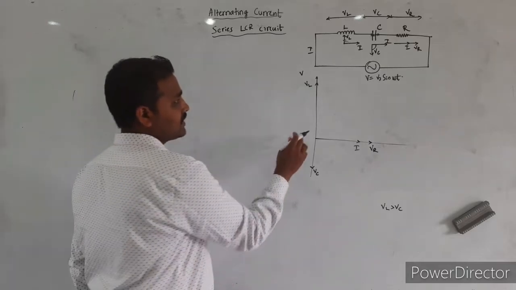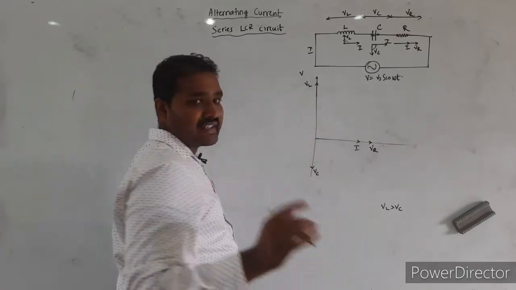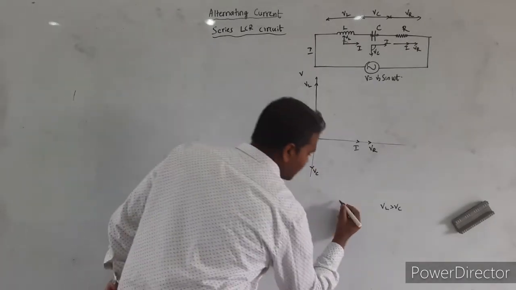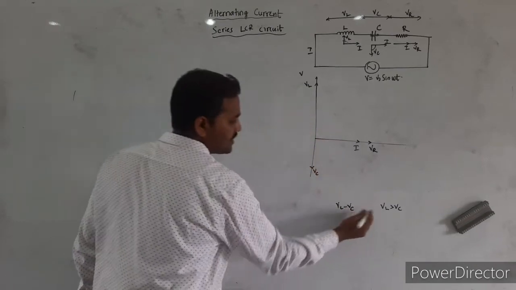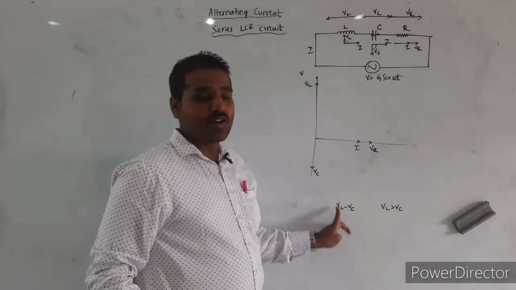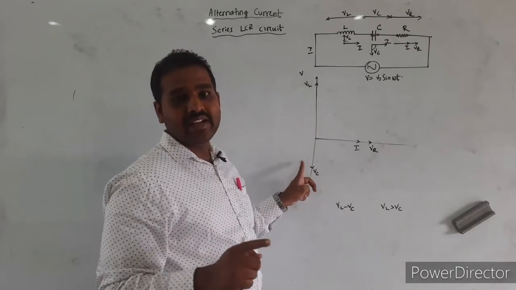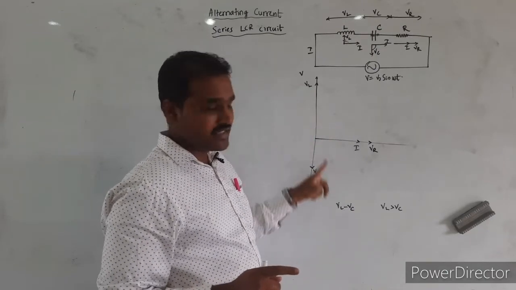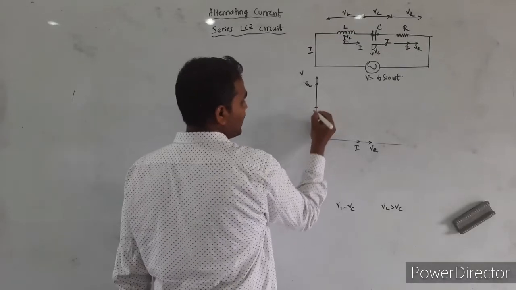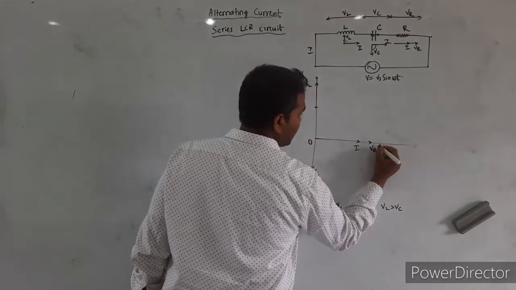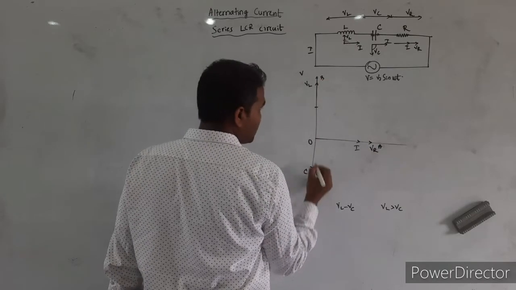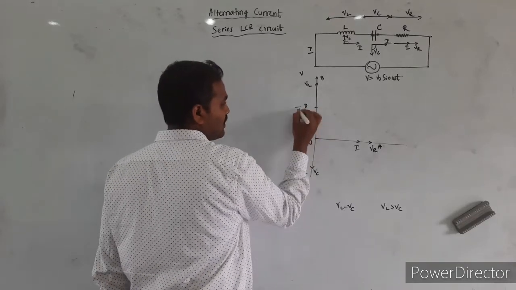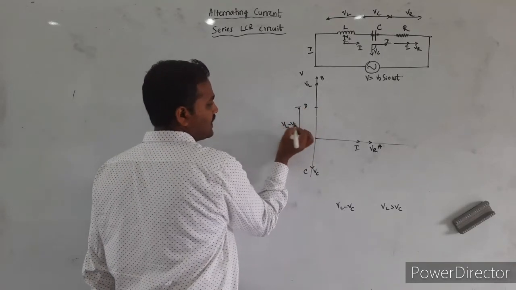Then let us consider this VL and VC, both are vectors acting in opposite directions. So I can consider the net value of these voltages, that is nothing but VL minus VC. Since VL is greater than VC, the net voltage because of VL and VC, these vectors acting through the same point in opposite directions, I can consider the net value of these two voltages is VL minus VC, that will be somewhere here. Let me represent, this is O, this is A, let this be B, let this be C, and this is a point D. This O to D is nothing but VL minus VC.